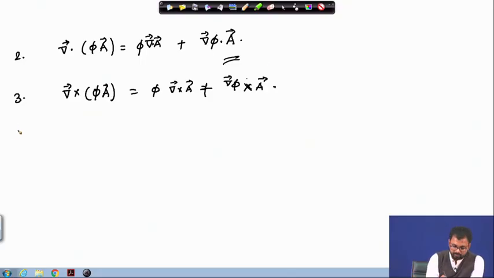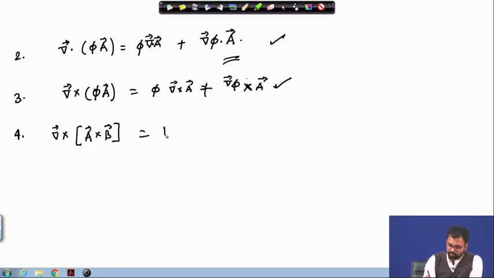Now, next we have, suppose instead of one scalar function, we have two vector functions. So, I have two vector functions, I do not have any scalar function. This can be proved easily. Now, when we have two vector functions, then in that case this will be B dot product with